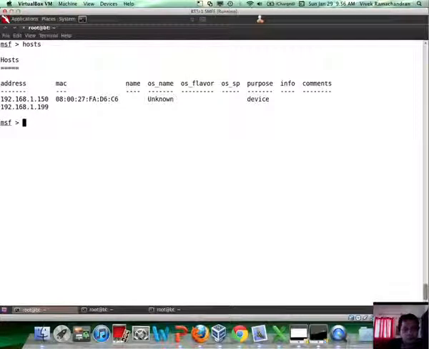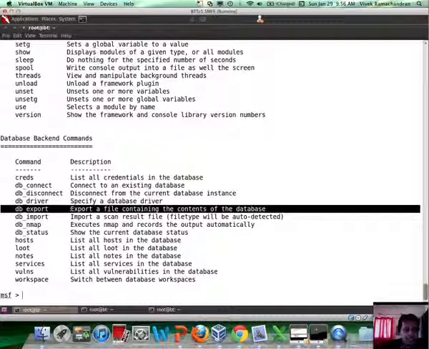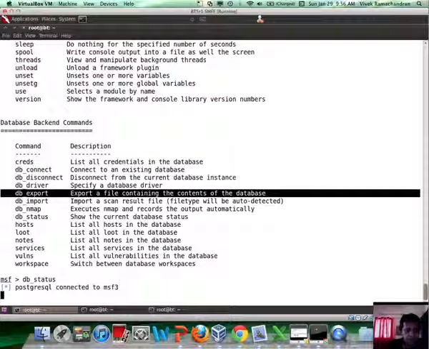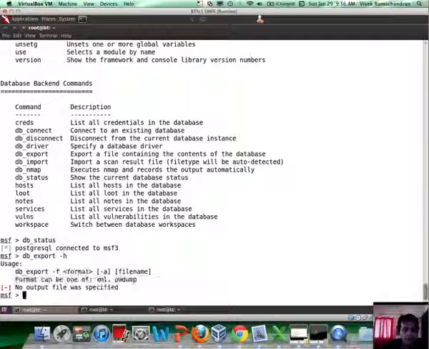So let's say we have the host table, but now I want to export all of this data out. Before that, the first thing I can do is ensure that the database is up and running, which is true, and then I can try and export it. Now, when you want to export it, you have two options. One is in XML format and the other is pwdump. XML is probably more universal, and let's say we call it smfe.xml,